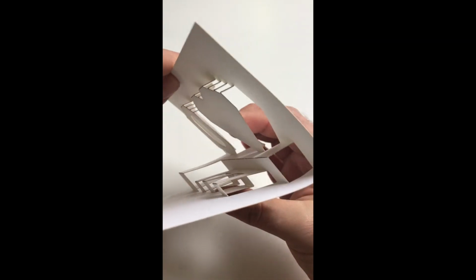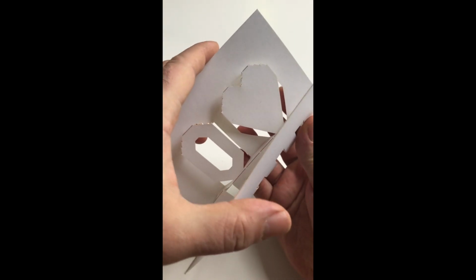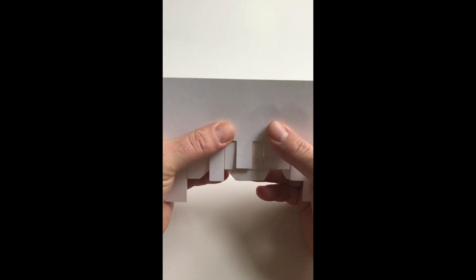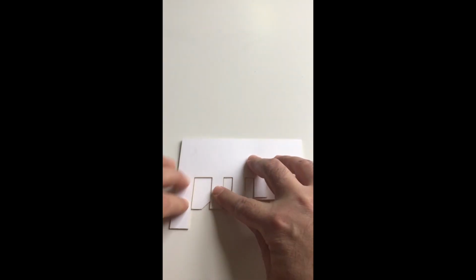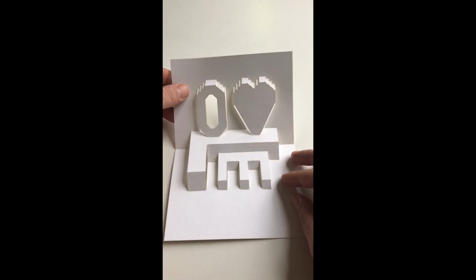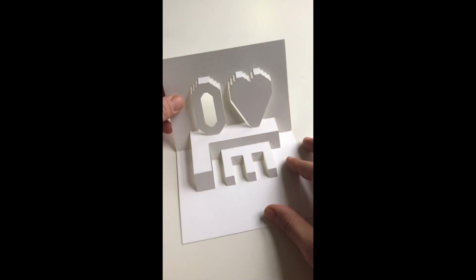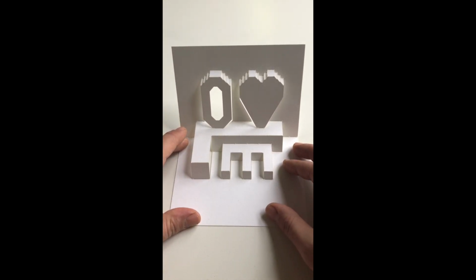And once you get to about a kind of over 90-degree fold, you're ready to start fully closing your card. And this we do just literally by an extension of our pinch from the baseline all the way to the top, and then just gently tapping down all the shapes once it's closed flat. And then voila, we have our fully opening kinetic pop-up design ready to decorate, or in the cases that I like to highlight, you can use a